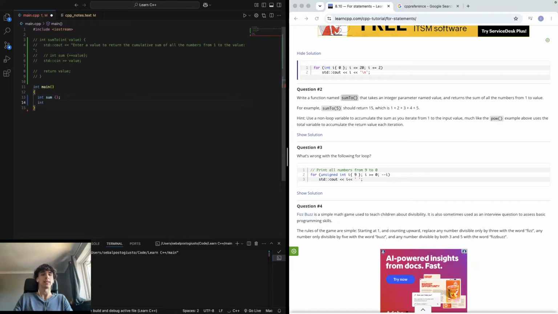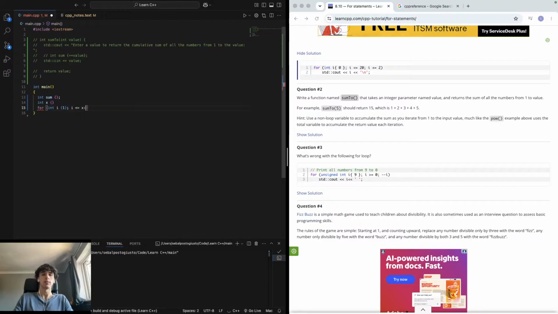I'm going to need int x as well, and then we're going to have a for loop, and we're going to initialize an integer I to be 1, and then whilst I is less than or equal to x,